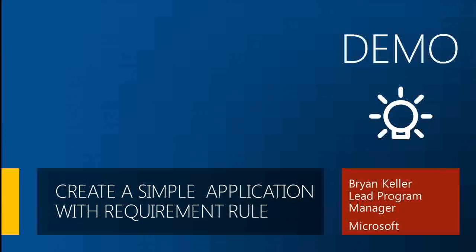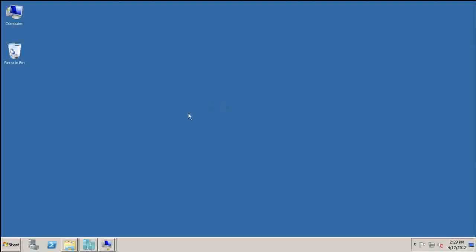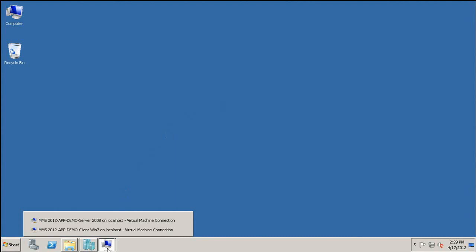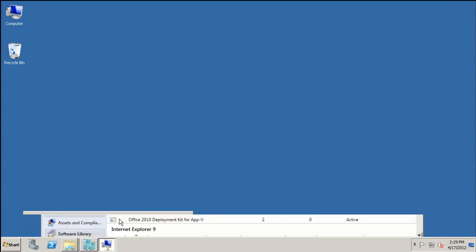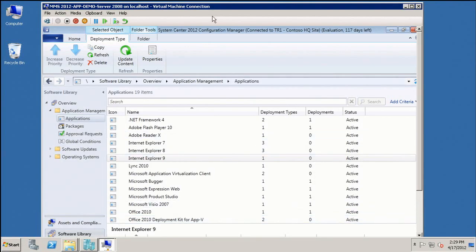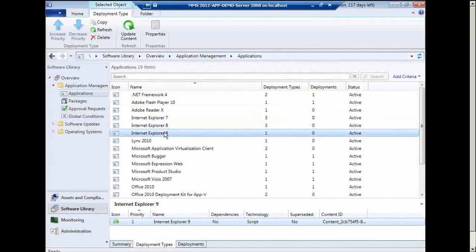So with that said, we're going to start this whole party off with creating a simple application. We'll put a requirement rule so that you'll kind of see where we're headed with this, and we'll build upon this simple demo as we move through the next 2 sessions. So the first thing I'm going to do here is I'm going to go in and I'm going to create